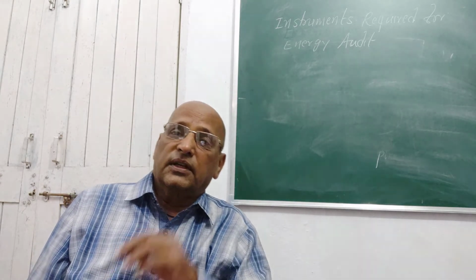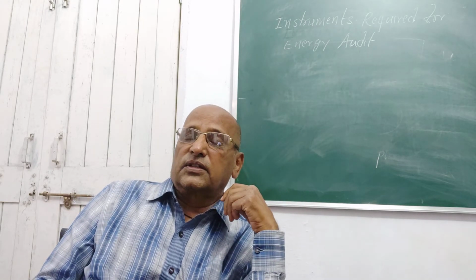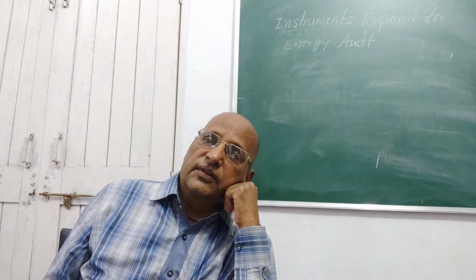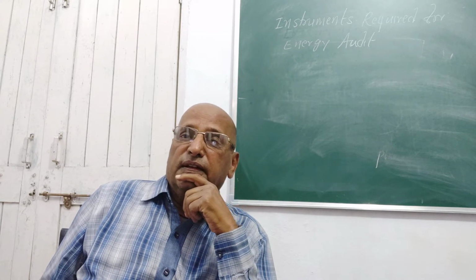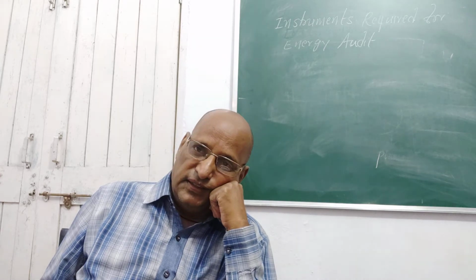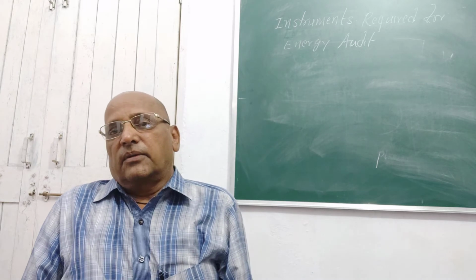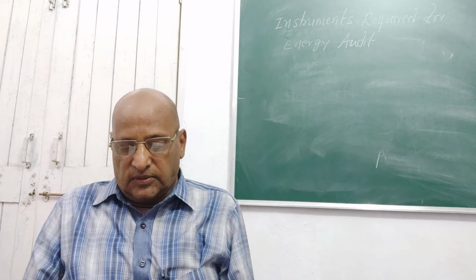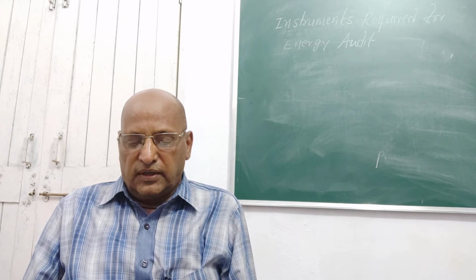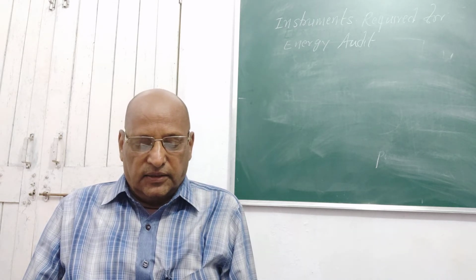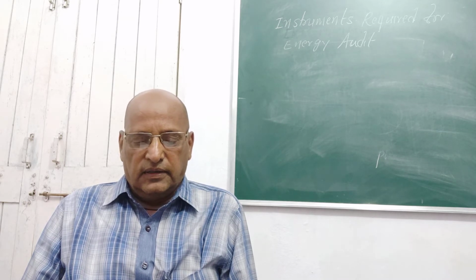So a sequence meter is used for measurement of whether the system is properly connected in the sequence of RYB. It will measure the sequence and give an indication that your system is running in proper sequence of RYB in a three phase system. Then the other equipment required for measurement of electrical parameters, I have covered all of them, and apart